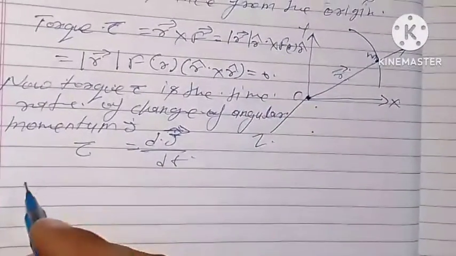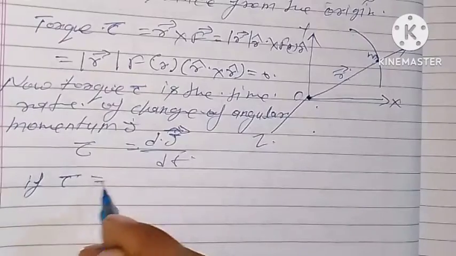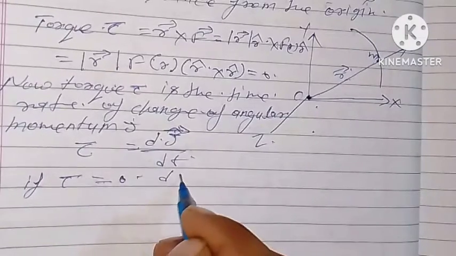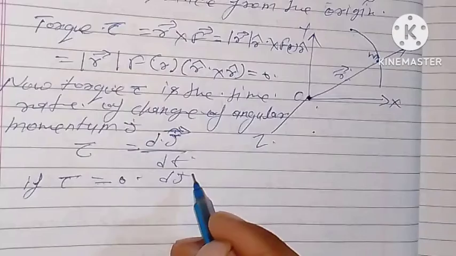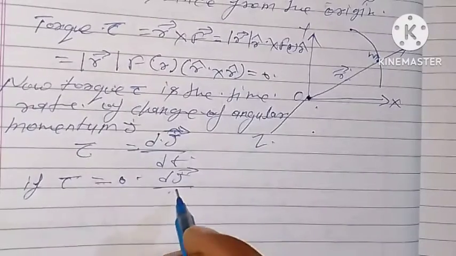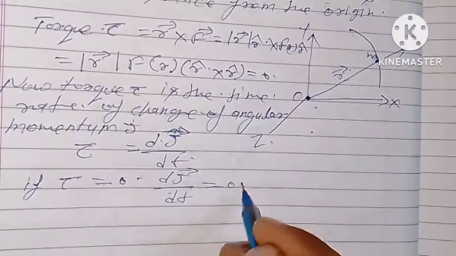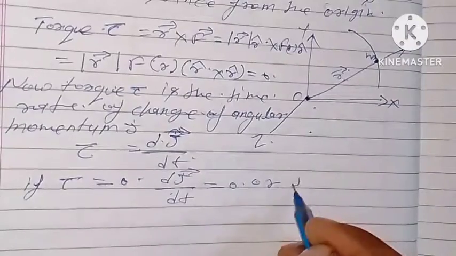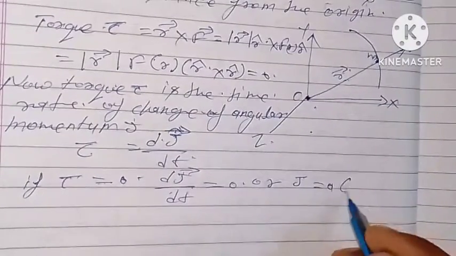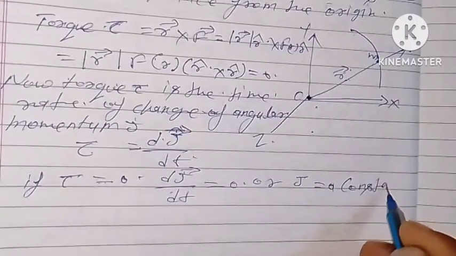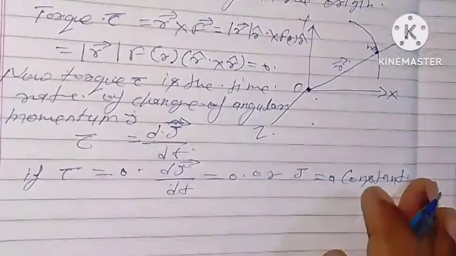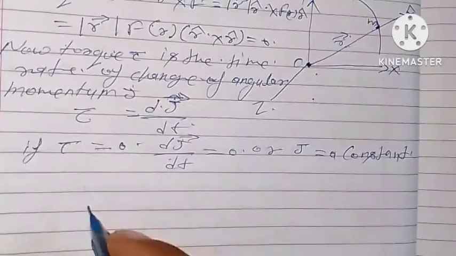If tau equals 0, then d vector J upon dt equals 0, or J is a constant. Hence the angular momentum of the particle